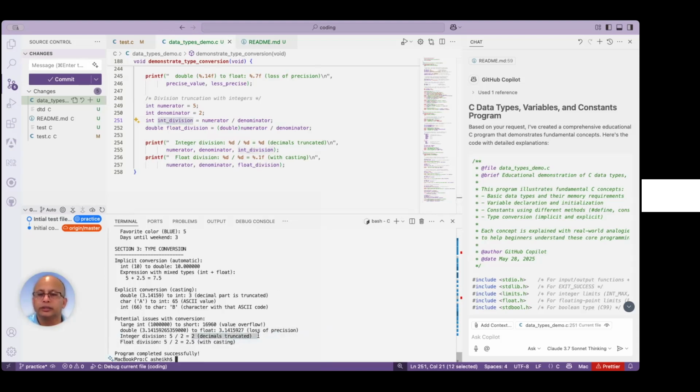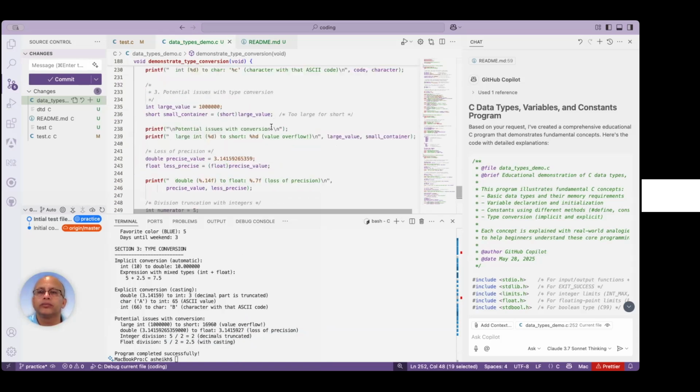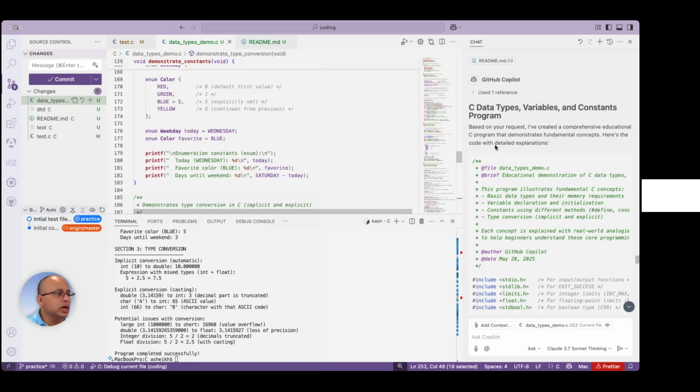Decimals truncated. But if you convert it to double or floating point, then it takes the correct value. 5 divided by 2 is 2.5. And it is also casting that first number to this. So this is how we